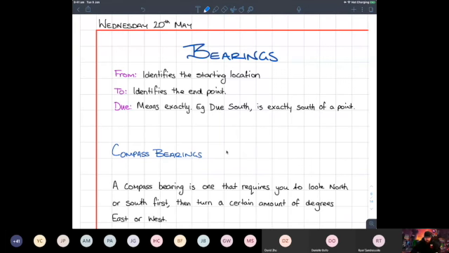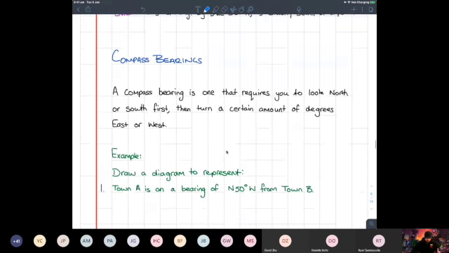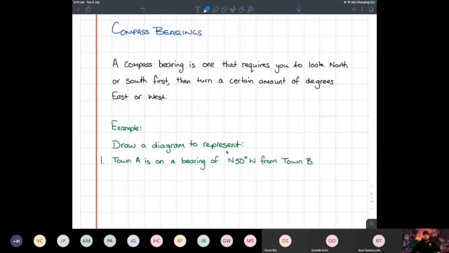Cool. The first one I want to come across and talk about are compass bearings. So there are two main types of bearings that you'll get asked to use. You'll get asked to use compass bearings, and you get asked to use true bearings. A compass bearing, the way that we classify compass bearings is that it, from your starting point,